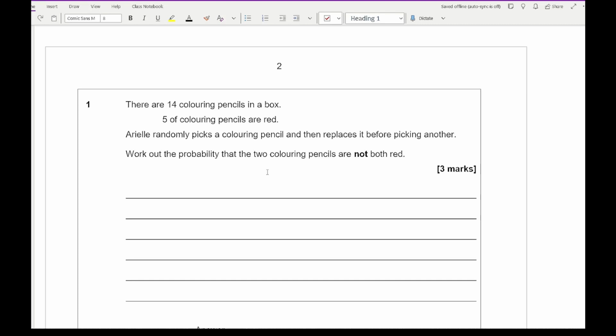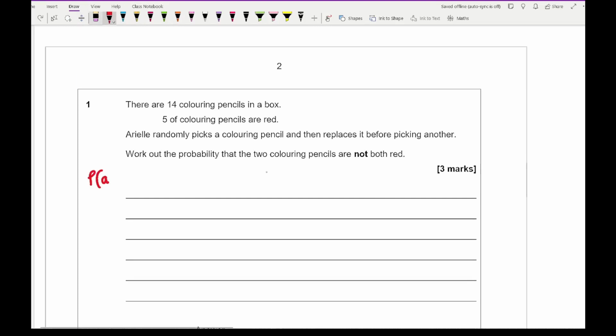So for this, what she is doing is picking a pencil, looking at it, putting it back in the pencil case and picking another one. And the question is asking what's the probability of them not both being red, which is the key thing to look out for. There are a couple of ways in which we could answer this question. In terms of what we want, it's the probability of at least one not being red